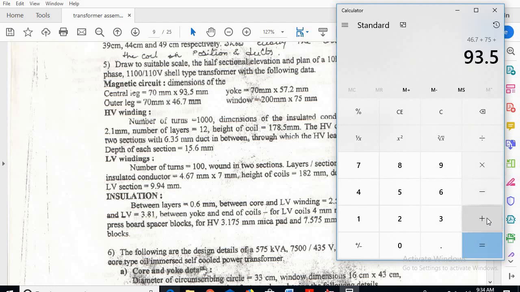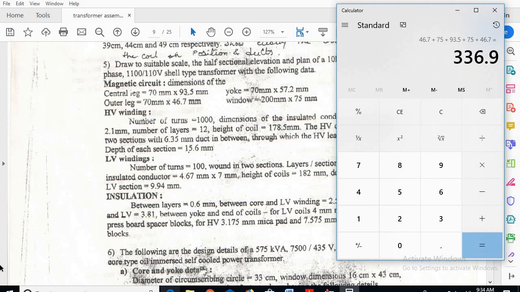Next plus again width of the window is 75. Next plus width of the outer leg will be 46.7 mm. So equals, 336.9 will be the overall length.